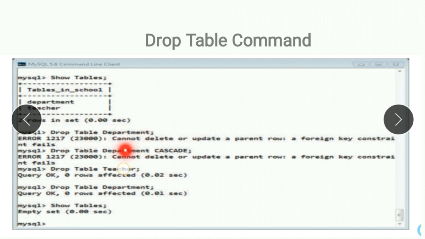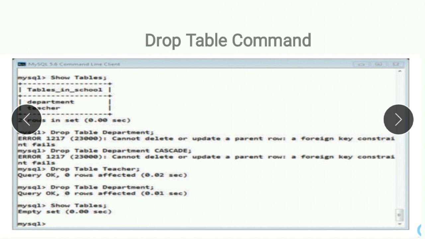Here it is written, you can see that cannot delete or update a parent row. This is because if you have used any table as a reference to another table, like you have applied the foreign key constraint, you can't remove this table. That's why it's showing that cannot delete or update a parent row.